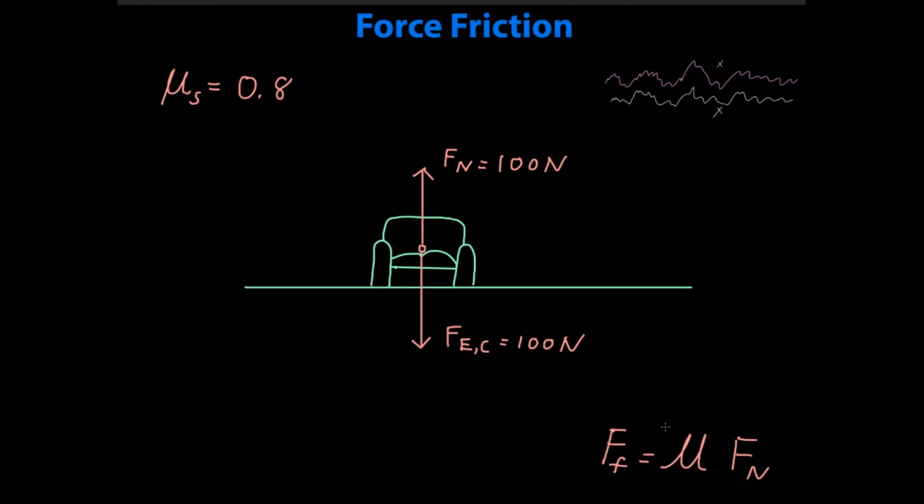In this formula, there's no subscript here, but I purposely have a subscript here, and that is because I'm dealing with the friction when this couch is stationary. I do my equation, force friction static equals 0.8 or 80% times force normal, which is 100 newtons, and I get 80 newtons. Now, let's say you push on this couch, I'll say force person on couch, with 30 newtons